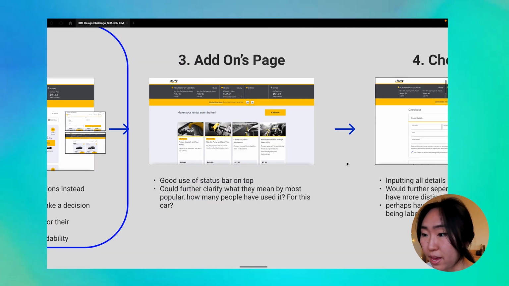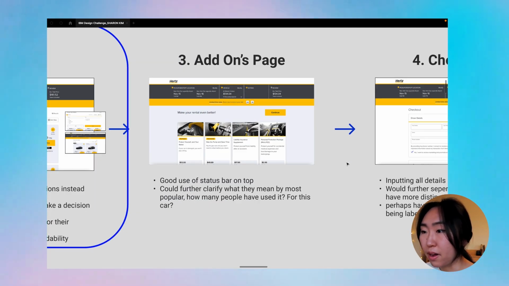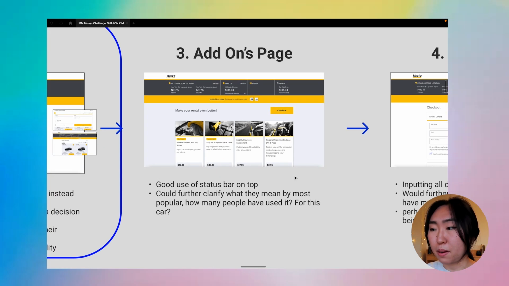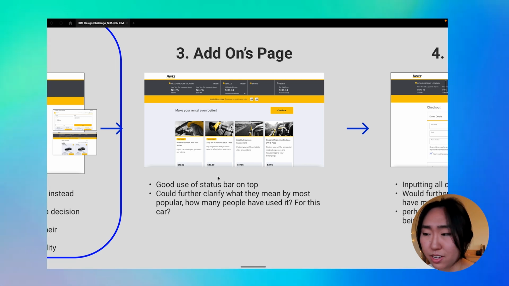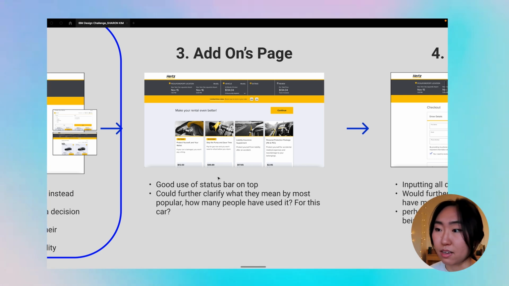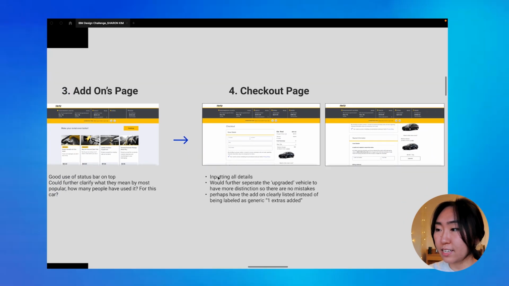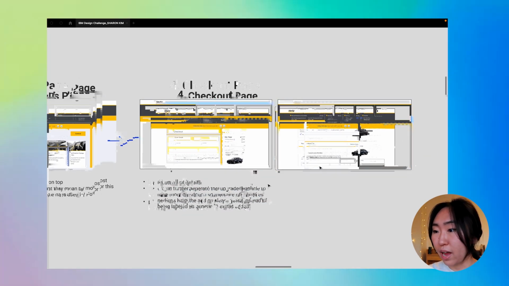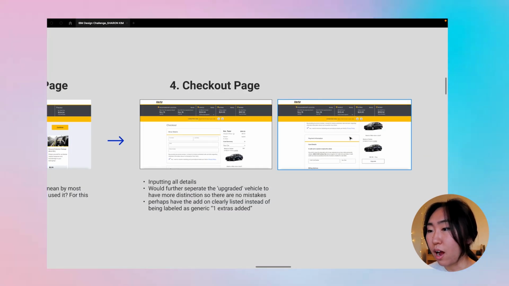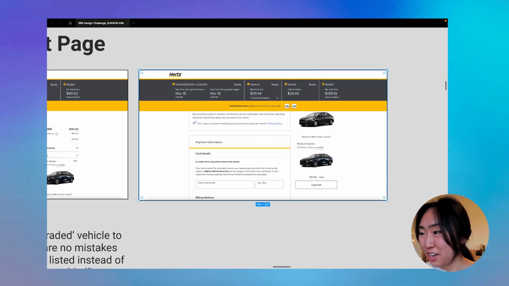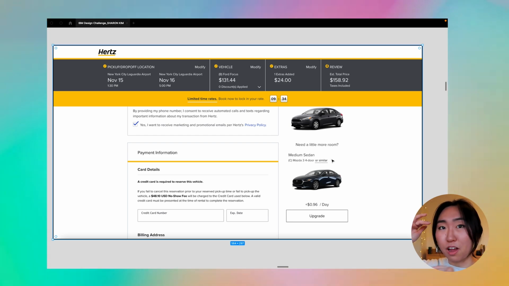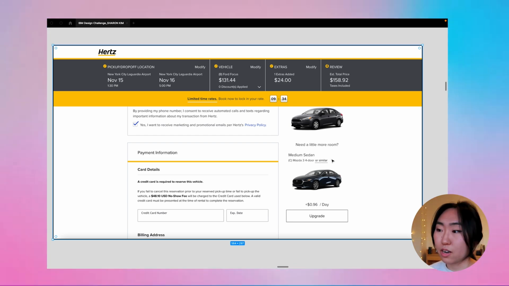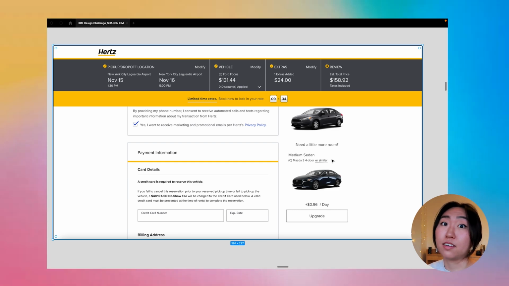Continuing on to the add-ons page, love the status bar, but I felt like they could further clarify what they mean by most popular, some information about how many people have used it, what the reviews are like, things of that nature. And last being the checkout page, where you do have all these details. However, I would separate this section of wanting to upgrade to this car, as there's little distinction between the top and bottom,